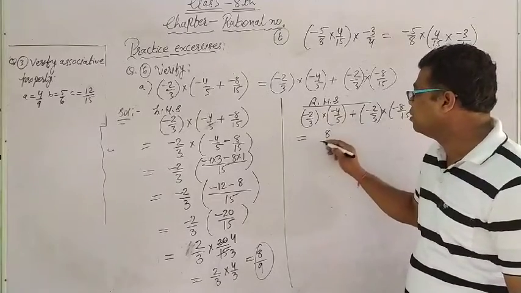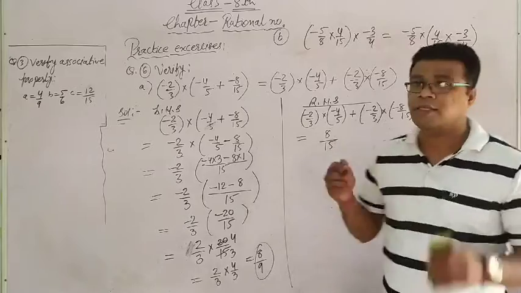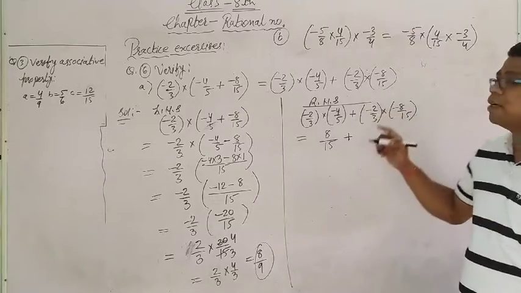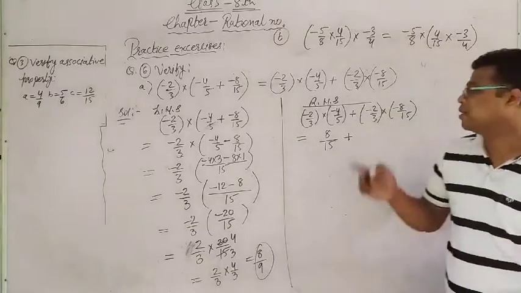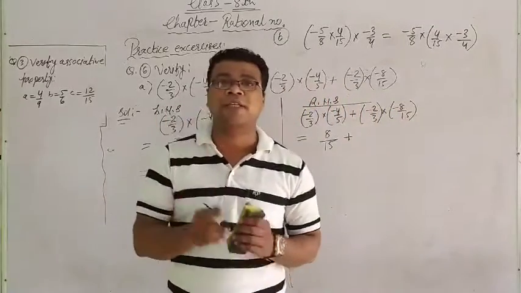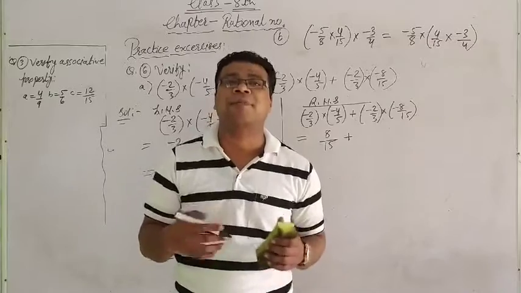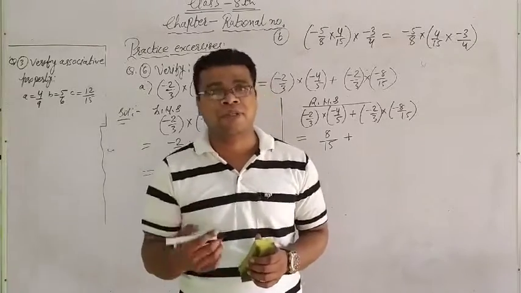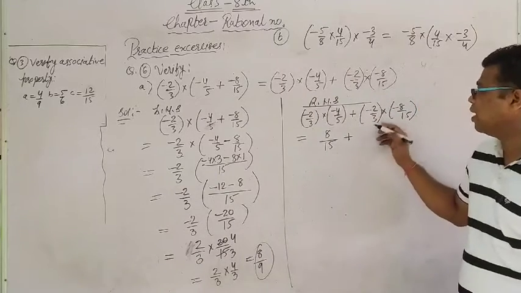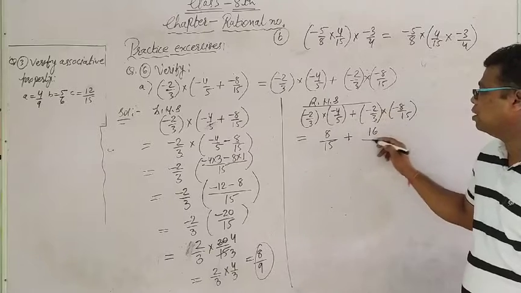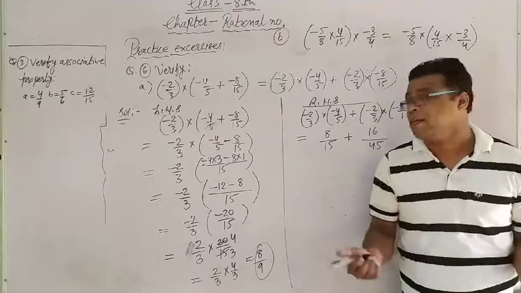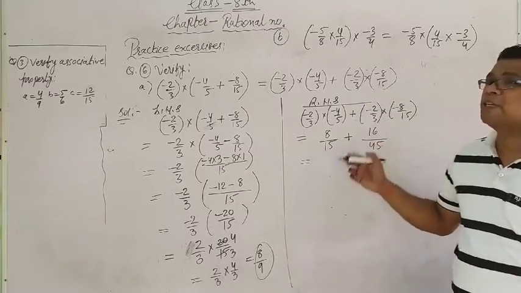4 2 ja 8, 3 5 ja 15. Is it okay? Yes. Plus, plus. Again there are two negative integers continuously. Minus 2 upon 3 into minus 8 upon 15. So again two negative integers are there, and if we multiply them, again the answer will come in the positive form. So directly I can assume that these are making plus. So I will write down 8 2 ja 16 upon 15 3 ja 45. Is it okay? Yes. Right now you can see things are very much easy and clear.